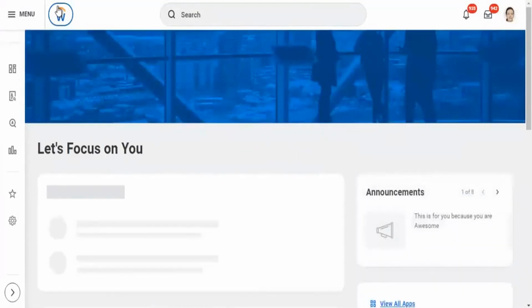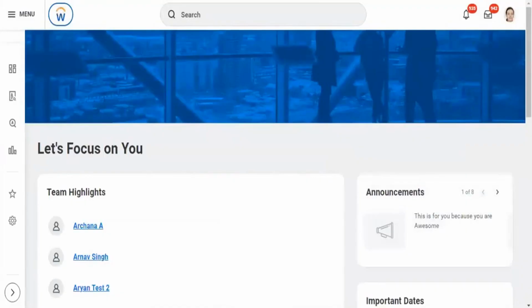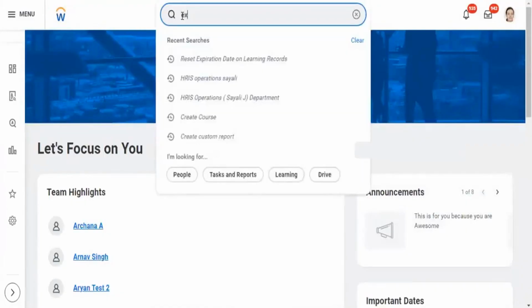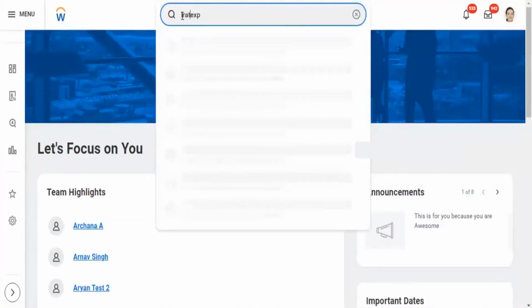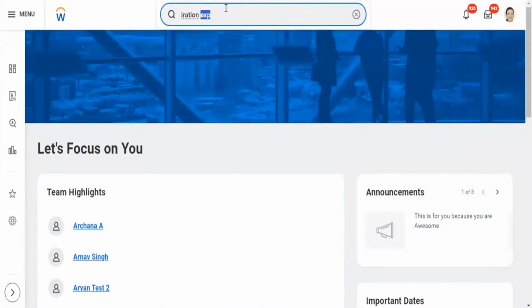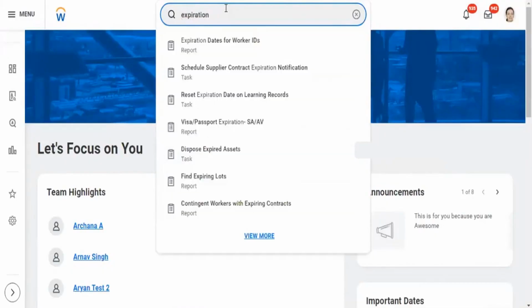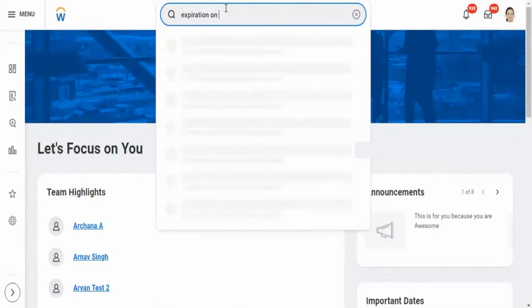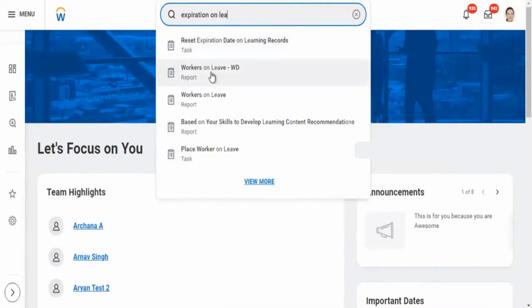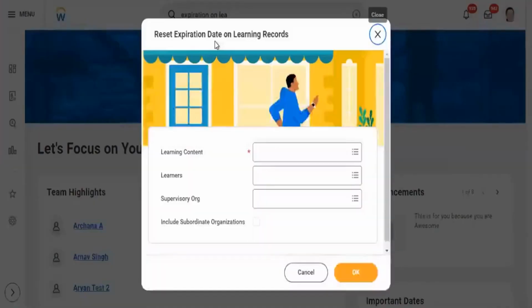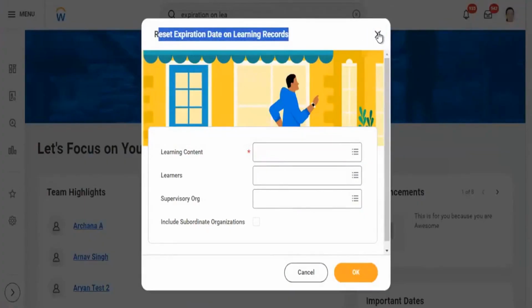Yes, at course level you can do it. You can access a task called expiration on learning record. We have to select that learning content.